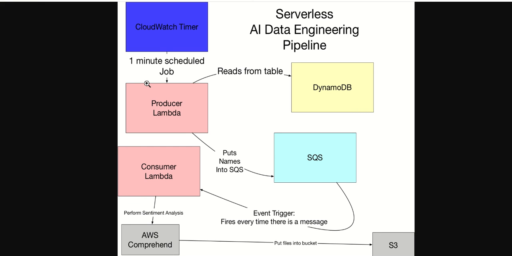This is a video to outline the steps of a serverless data engineering pipeline in the Amazon cloud environment. For this, the AWS services we use are the CloudWatch Timer, DynamoDB, AWS Lambda, and the Simple Queue Service for messages, and then with the use of different libraries and AWS Comprehend, the data will be sent to an S3